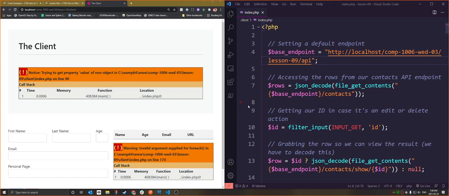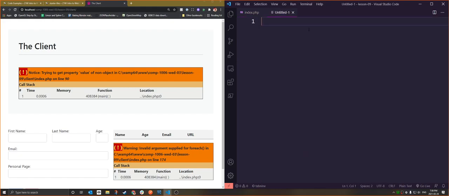Okay, cool. So tonight we are going to build a very simple REST API. Our REST API is going to use the contacts table that we created last week, and essentially we're going to build endpoints for us to be able to reach it. So let me show you kind of what that's going to look like. So we want to be able to access all of the contacts. And generally the way we do that is we just simply access